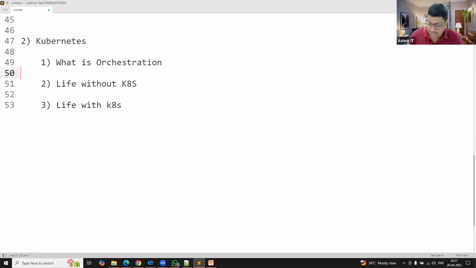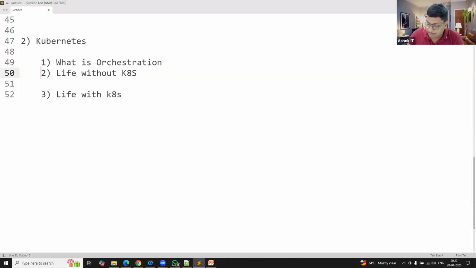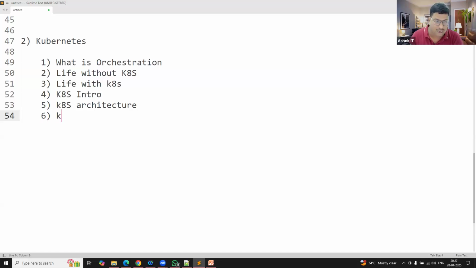That means how our application can be deployed very easily by using Kubernetes. Life without Kubernetes, life with Kubernetes, and we will discuss Kubernetes introduction, Kubernetes architecture and Kubernetes setup. How are we going to set up Kubernetes?